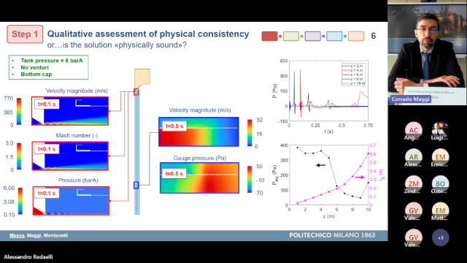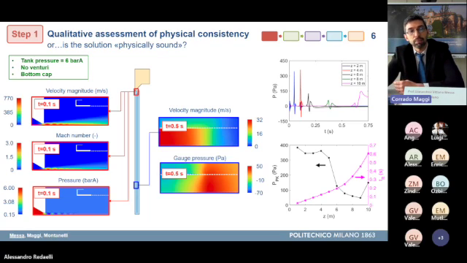Then the 2 color plots in the center of the slide refer to time 0.5 seconds, where the air jet has stopped and the pressure wave has arrived quite close to the end of the bag. And you can see here the color plot of the pressure, where the pressure peak is associated to the passage of the pressure wave through this section. And you can see that the passage of the pressure wave is accompanied by a velocity wave downstream because the pressure wave puts air into motion.